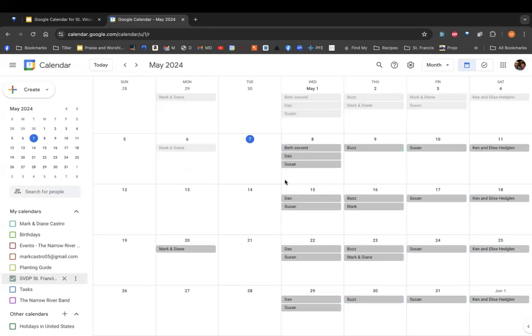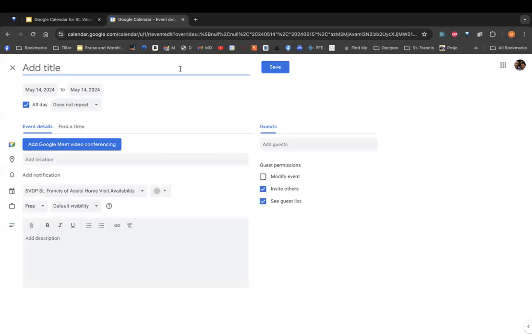It's a different color, and you'll see entries for where people have already entered in their availability. So putting on our caseworker hat, now we'll go over adding in events of when your availability. Let's say I'm going to be available on next Tuesday to go on casework. I can double click on that square and put my name,